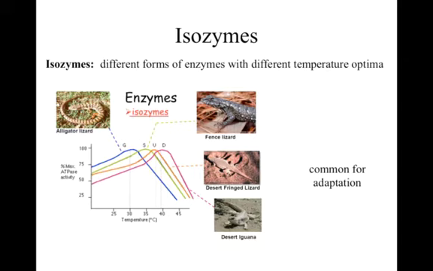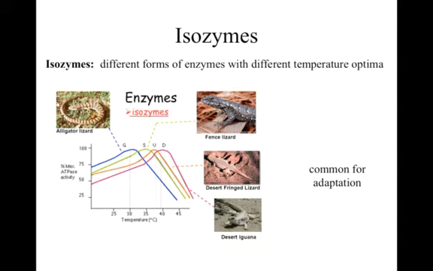And this is an example again with lizards where we're looking at an ATPase, which is a particular enzyme. The alligator lizard that lives at lower temperatures, its particular ATPase works best at 30 degrees Celsius. If we take a look all the way up to the desert iguana, that's something that lives in Death Valley in California, in some of the hottest places on Earth. The ATPase for the desert iguana functions optimally above 40. So that's about a 10 degree difference in terms of where that ATPase works best